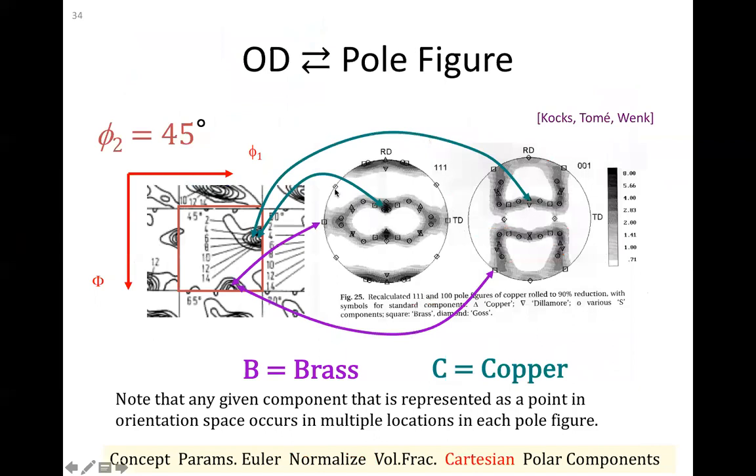A lot of you may be more familiar with interpreting pole figures. Going back and forth from the ODF to the pole figure is tricky. And the words that Professor Rowlett used here are also a little confusing. He says, note that any given component that is represented as a point in orientation space occurs in multiple locations in each pole figure. Basically, what he's saying is, a point in Euler space or orientation space uniquely defines a crystallographic orientation. Pole figures, on the other hand, only tell you how a crystallographic axis is pointing. It tells you nothing about